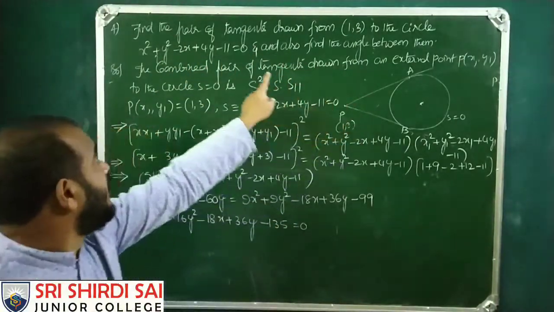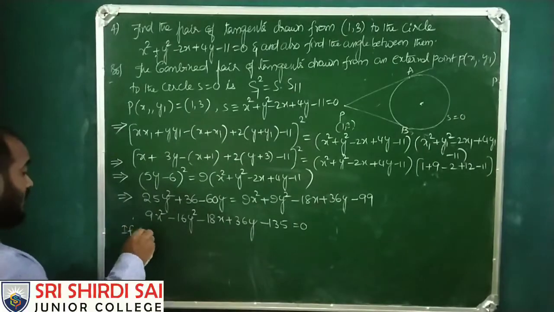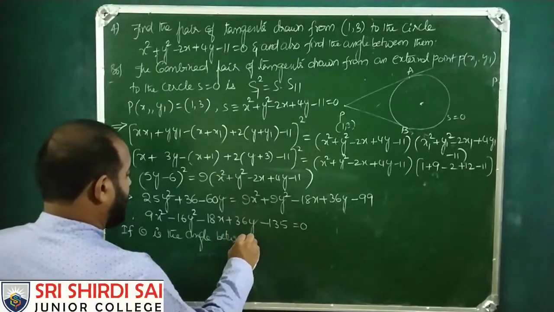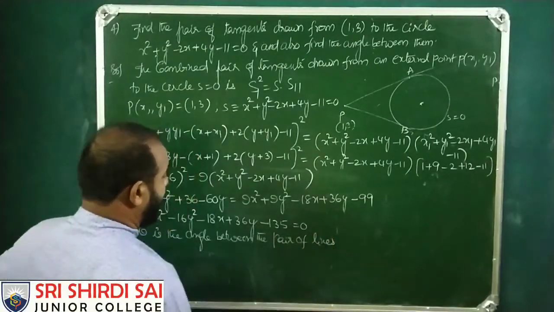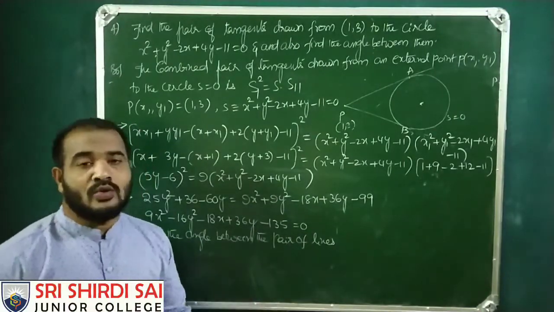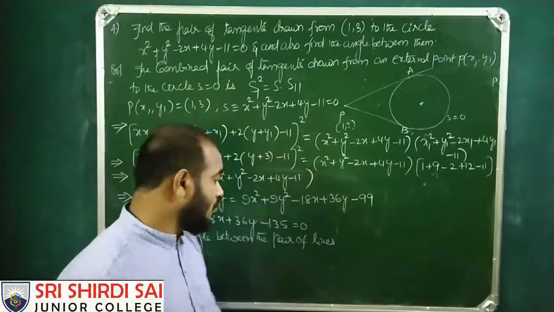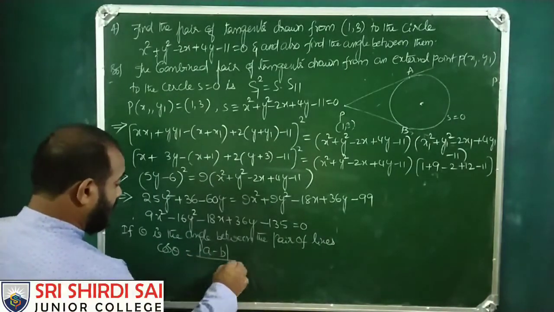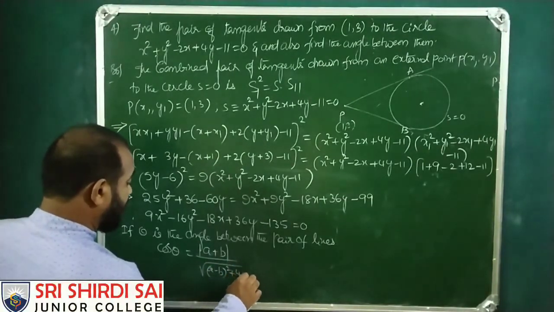And not only this, he further asks the question, find the angle between them. So if theta is the angle between the pair of lines ax square plus 2hxy plus by square plus 2gx plus 2fy plus c equals to 0, a non-homogeneous second degree equation which we have studied in last year's pair of straight lines, then cos theta is equals to (a minus b) by (a plus b) by square root of (a minus b) whole square plus 4h square.